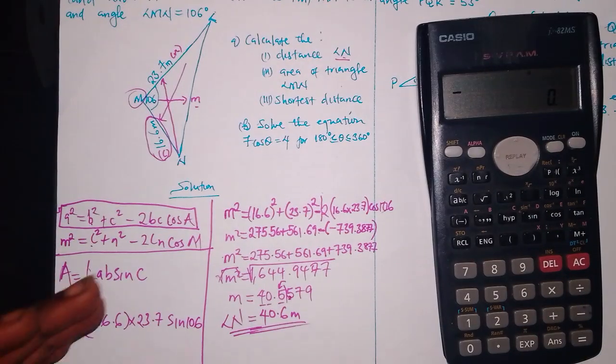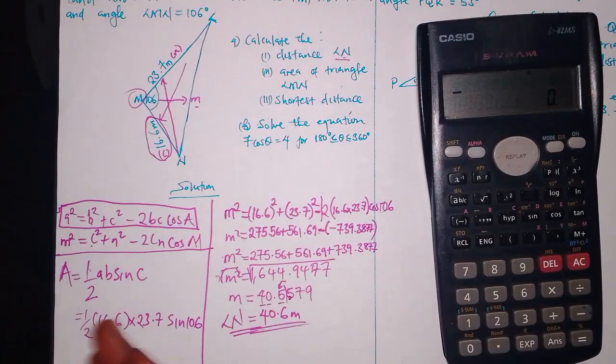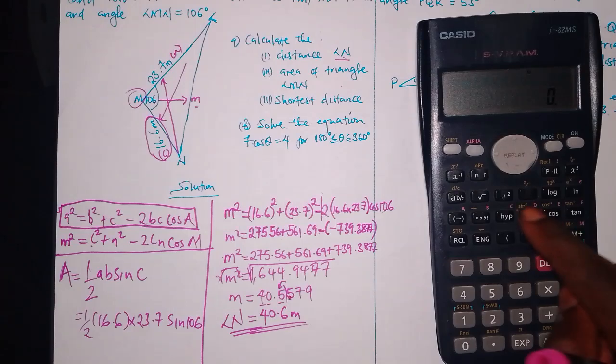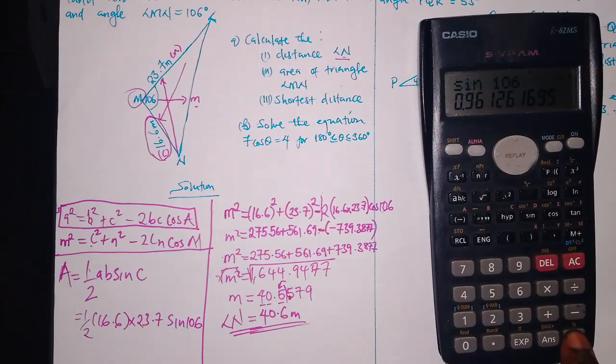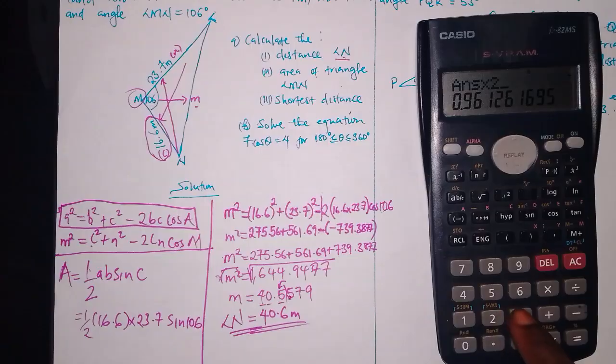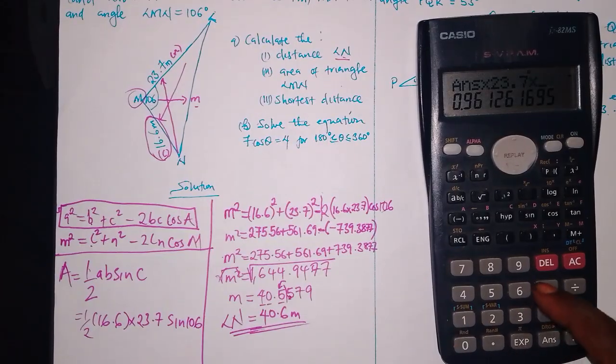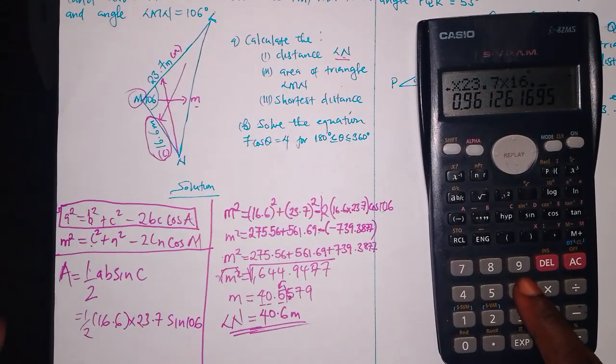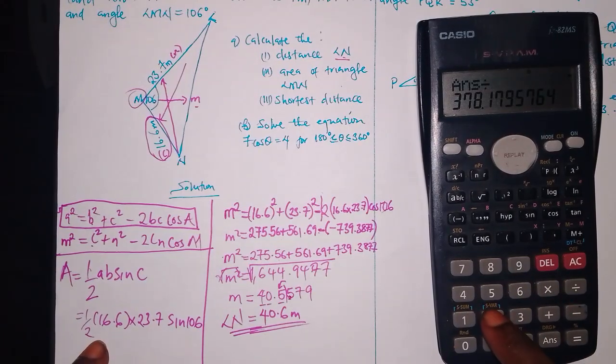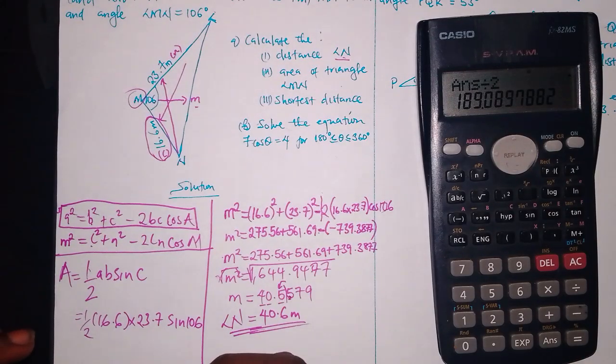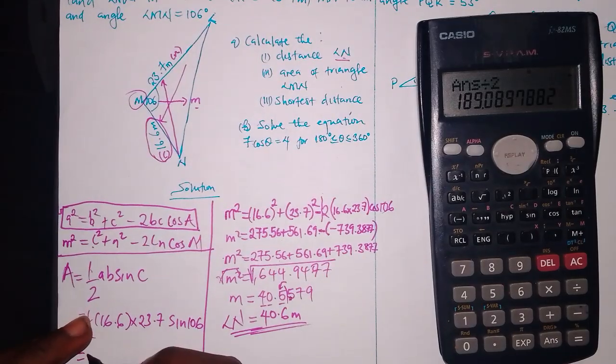After you have done like this, here what you just need is multiplying. So you say sine 106 times 23.7 times 16.6, equals, then you divide by 2. So our area is 189.08